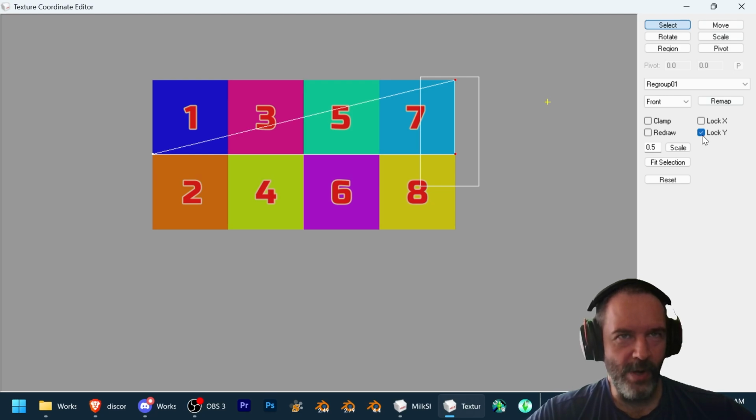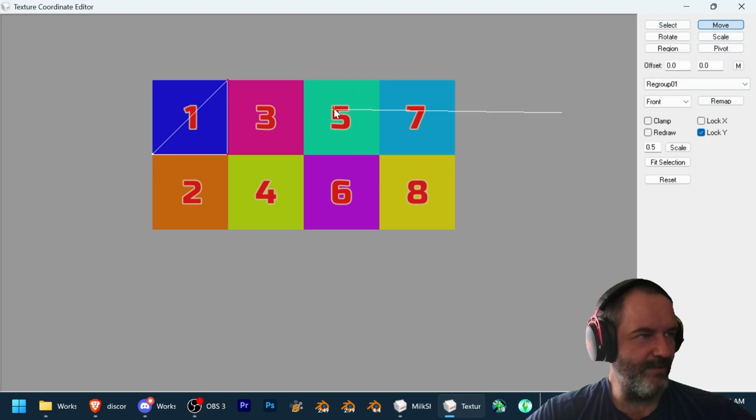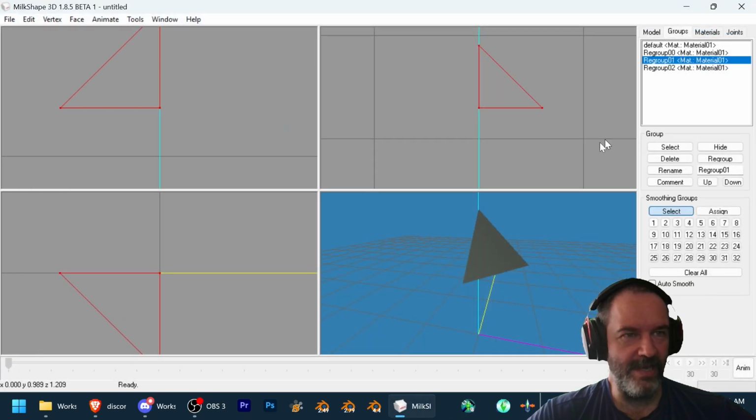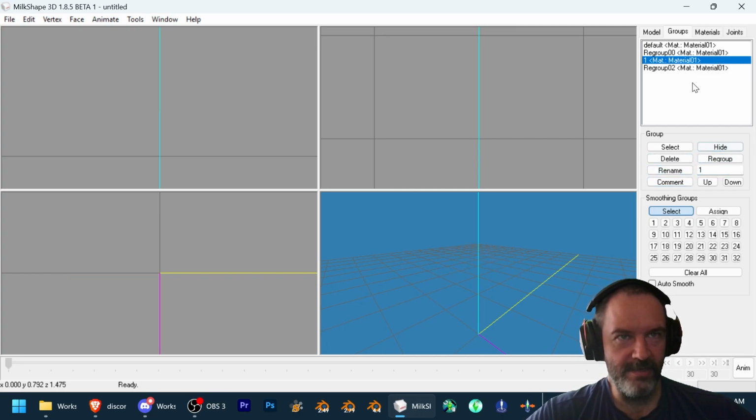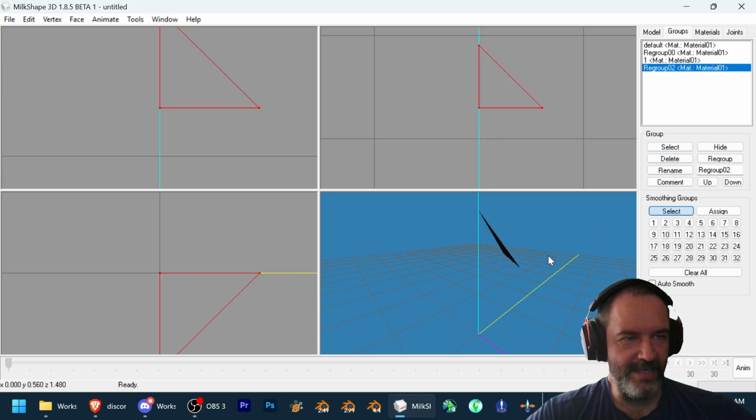Then we lock our Y. We go to the Move tab and we just scoot that over. We're just fitting this face to the 1. Then let's move that to where it's about, let's just eyeball it to the center. And there we go. That one, regroup 1, I'm just going to make that 1. Just rename it 1, so we already know that one's done. Then we select that one,